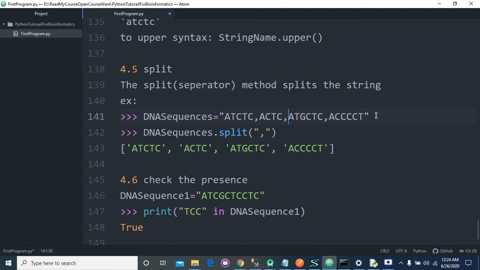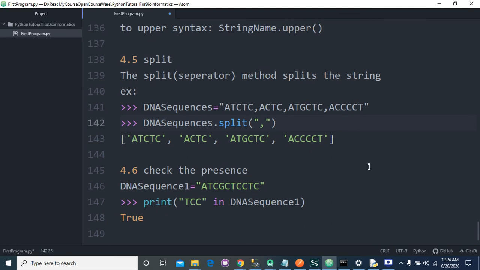We have four DNA sequences, and if we want to separate out all four sequences, then we will use the command DNA sequence dot split, and the separator is comma. Then it will separate out all the sequences from this DNA sequence.